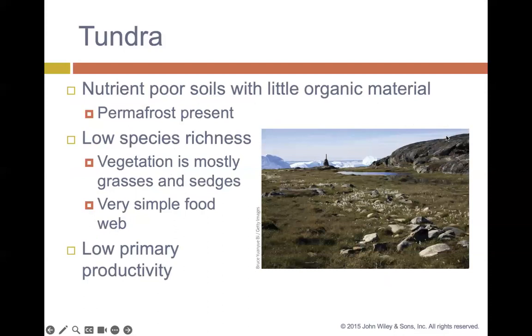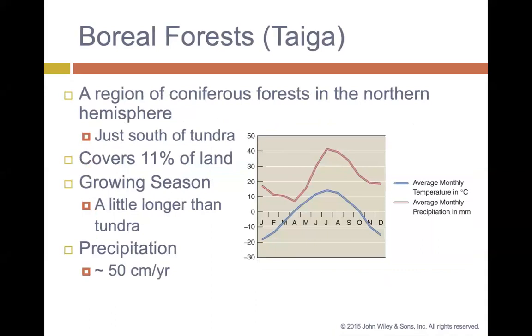In the tundra, the nutrient-poor soils with little organic material cause permafrost to be present, with low species richness. Vegetation is mostly grasses and sedges. There's just a very simple food web with very low primary productivity. The boreal forest is a region of coniferous forests in the northern half